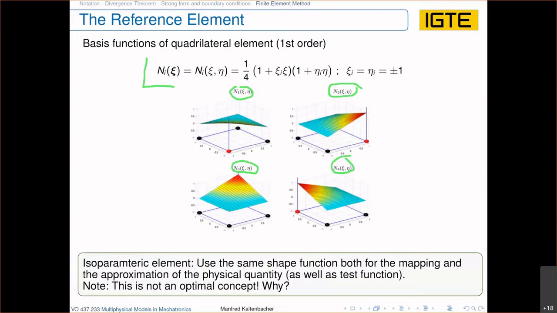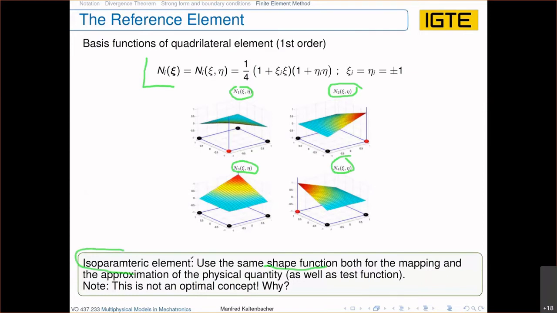And in this way, when you choose the same shape, we call it here shape function. Sometimes you will find it in books as interpolation function. I like basis function. When these are the same for the mapping as well as for the physical quantity, then we call this the so-called